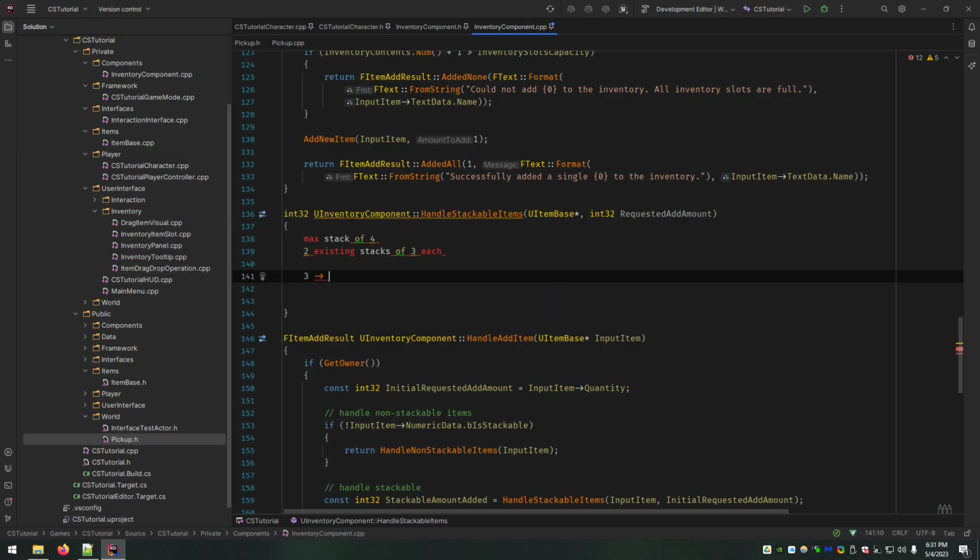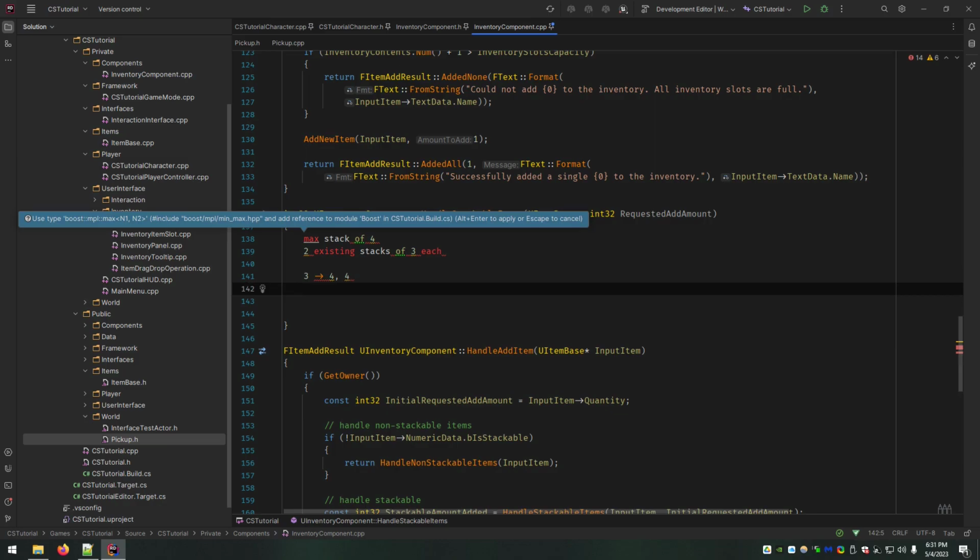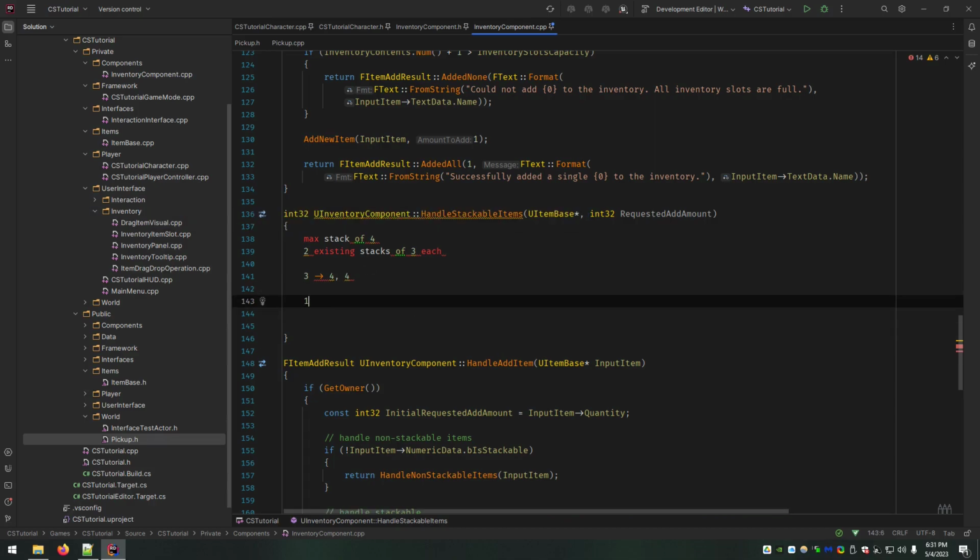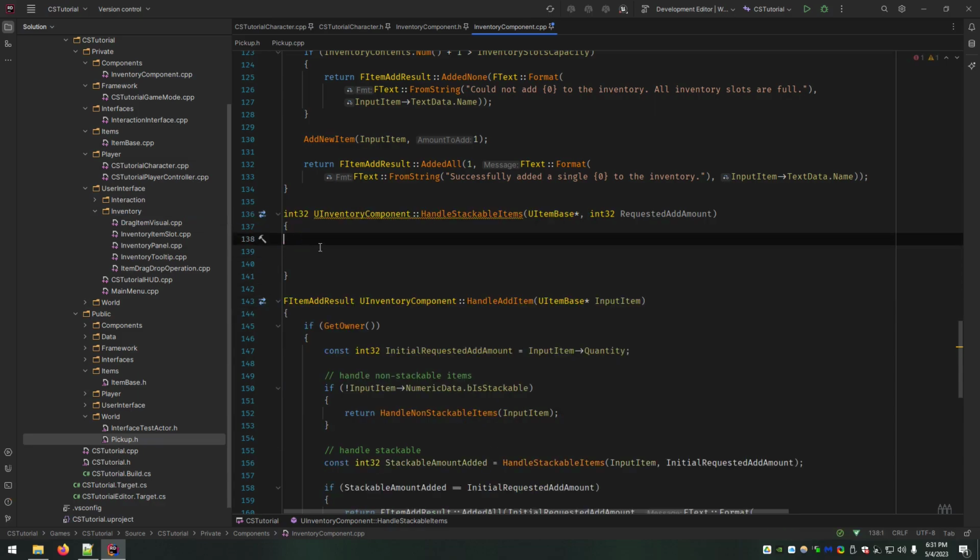What you want to happen is that your 2 existing stacks become 4 and 4, and since you only added 2 to your inventory, the pickup would still be on the ground with a remainder of 1 in its stack. That's the kind of logic that I implemented.